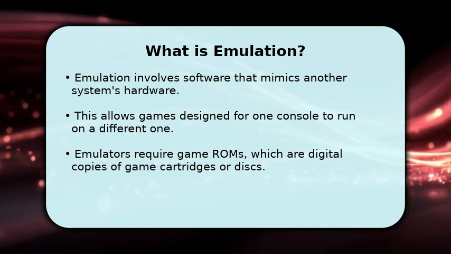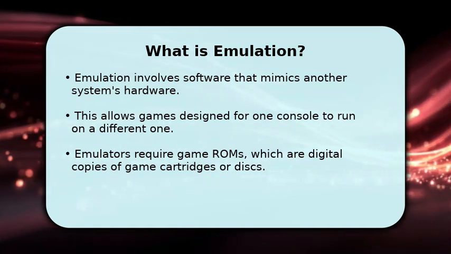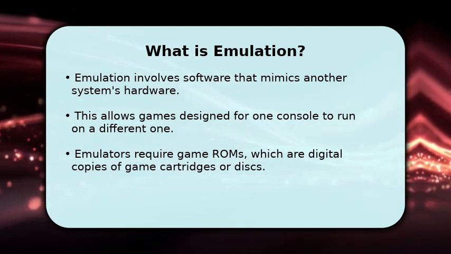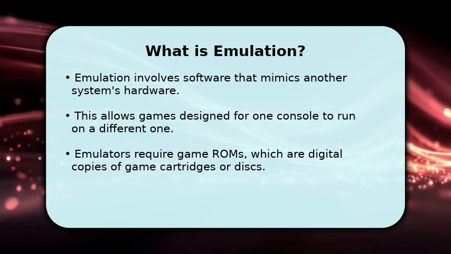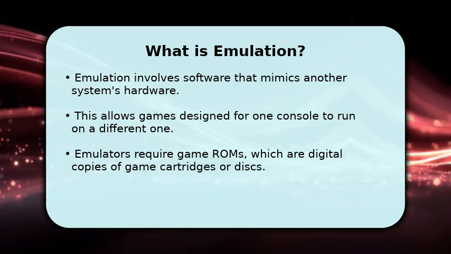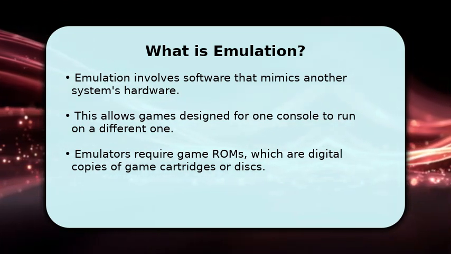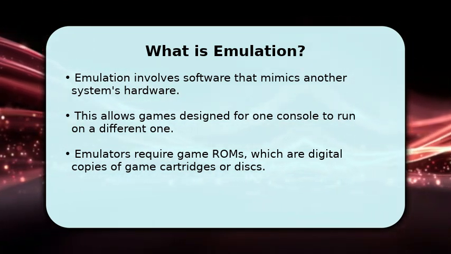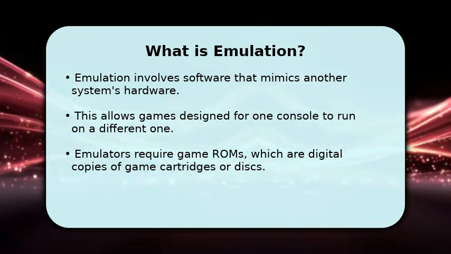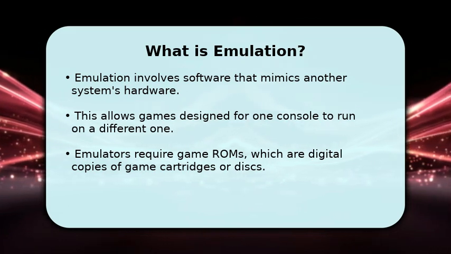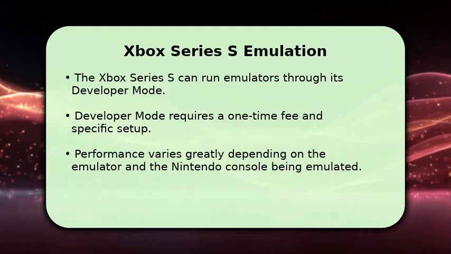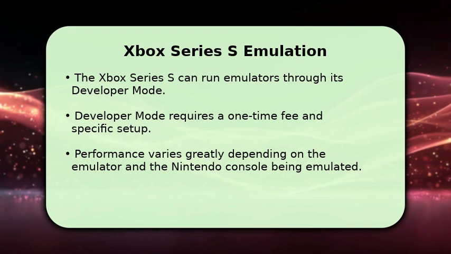Emulation is a fascinating technology where one computer system, like your Xbox, is made to behave like another, such as a Nintendo console. This is achieved through specialized software called an emulator. The emulator translates the instructions from the original game into something the Xbox can understand and execute. To play games, you also need digital copies of the games themselves, often referred to as ROMs, which are essentially the game data. While not officially endorsed, the Xbox Series S possesses the hardware capability to run emulators, primarily through